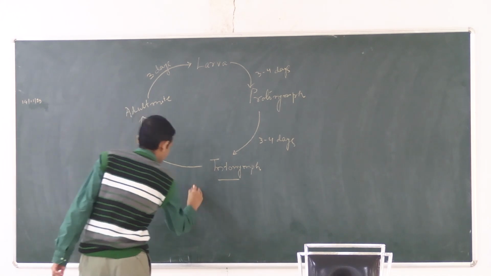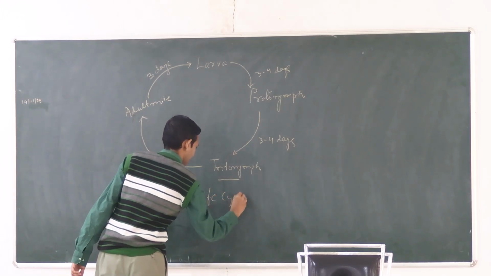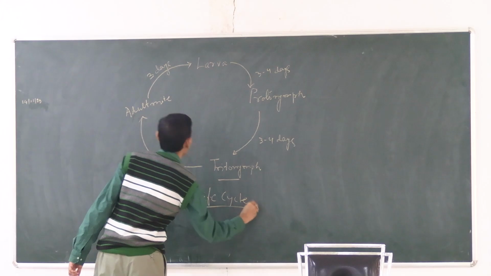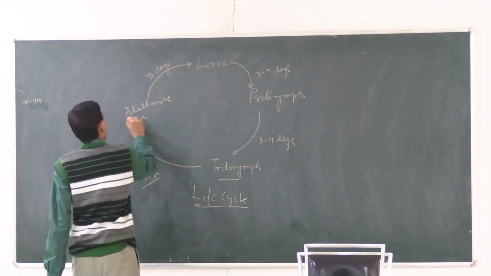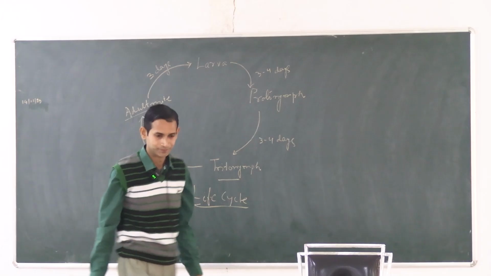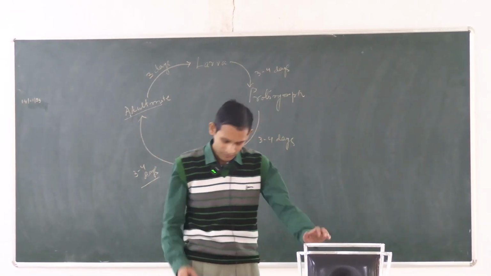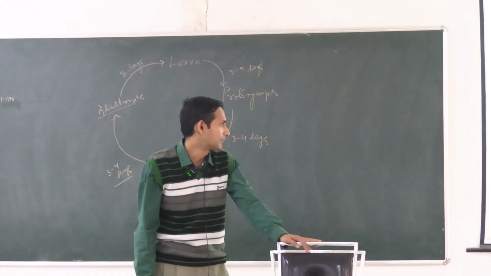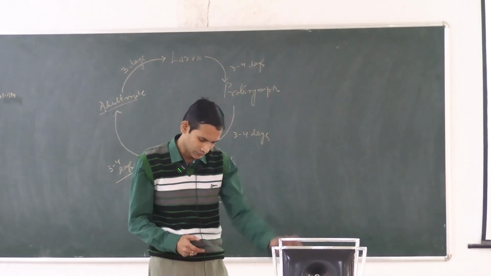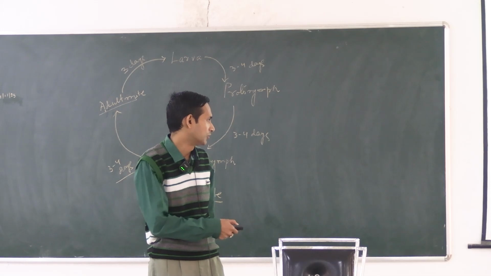Usually the life cycle. The adult usually has 4 pairs of legs, but the larva has 3 pairs of legs mostly. This is the life cycle of scabies. The incubation period is already told, that it varies greatly from days to months. First time infestation usually takes 2 to 6 weeks, but in subsequent infestation it is recognized within 24 to 48 hours.